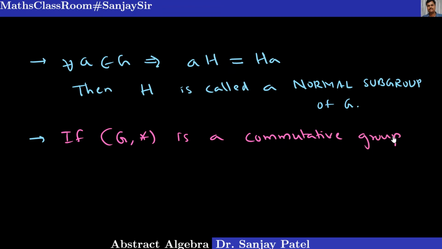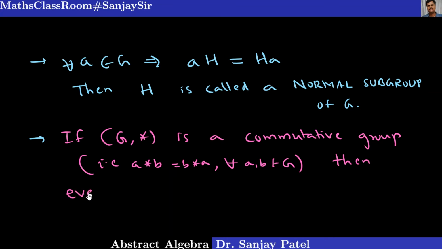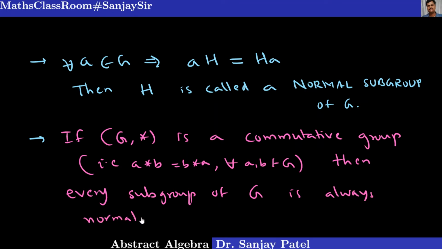It means the operation star is commutative, that is A star B is same as B star A for every A and B belongs to G, then every subgroup of the group G is always a normal subgroup. Okay, so this is a very important remark which I am going to use in extending the